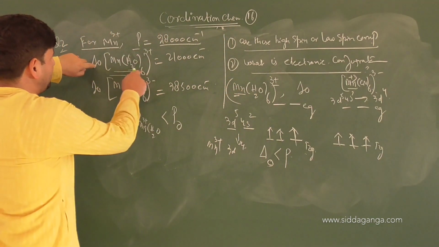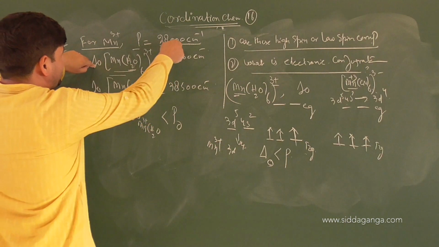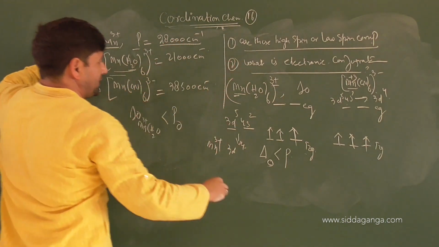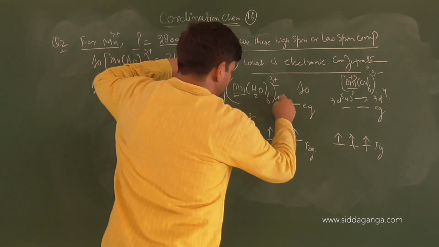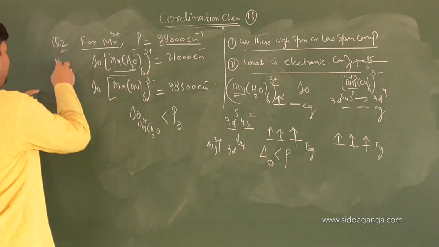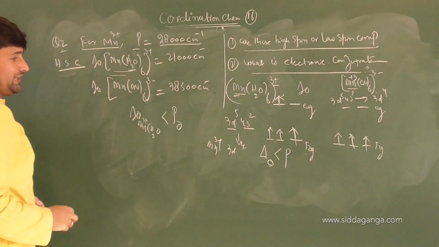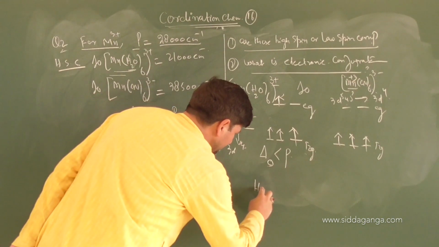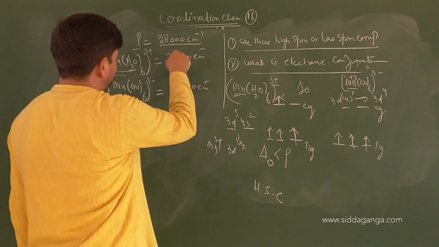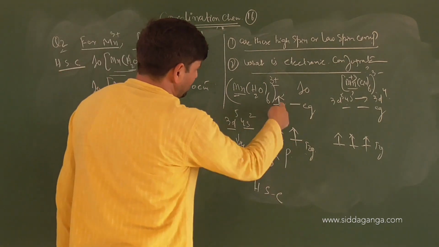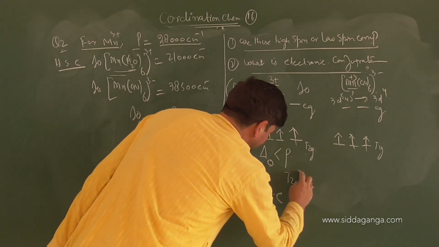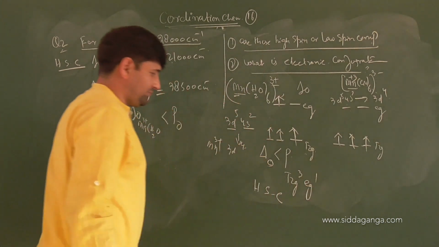So the crystal field splitting energy in a weak field is less than the pairing energy. Since it is less than the pairing energy, the electron would like to stay unpaired, so it will go into the eg set. So children, [Mn(H2O)6]3+ will be a high spin complex, correct or not? It is high spin because delta 0 is less than the pairing energy, and the fourth electron goes here. Second part of the question: the electronic configuration will be t2g3 eg1.